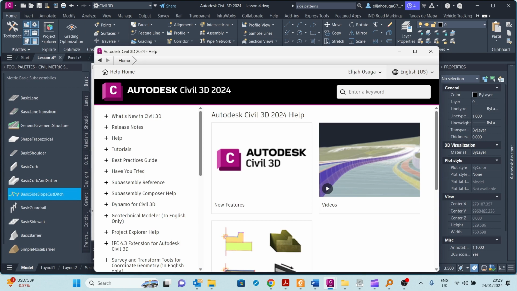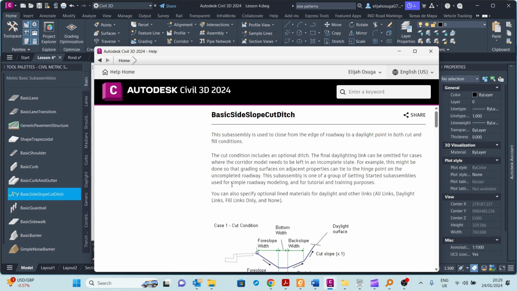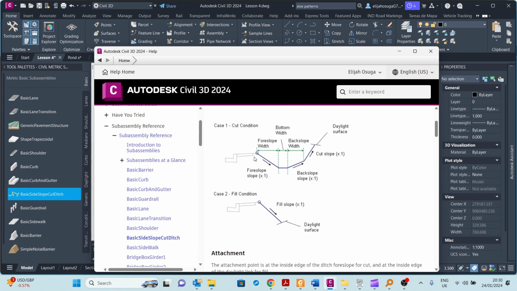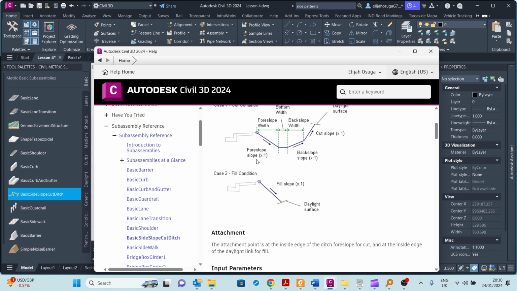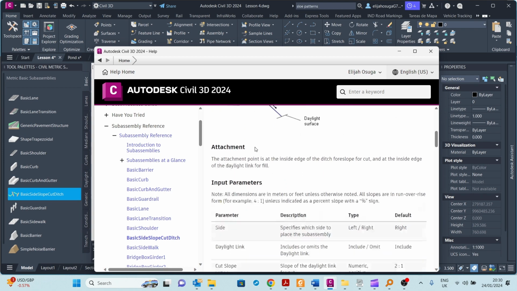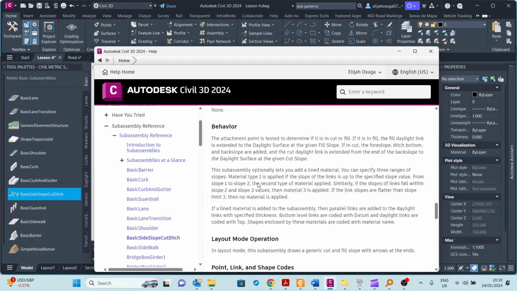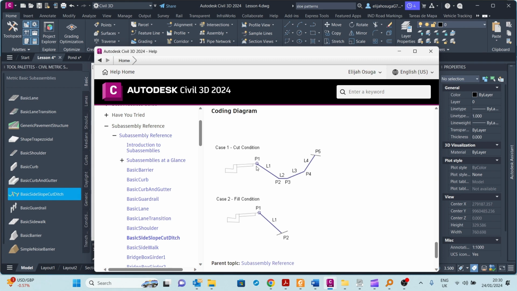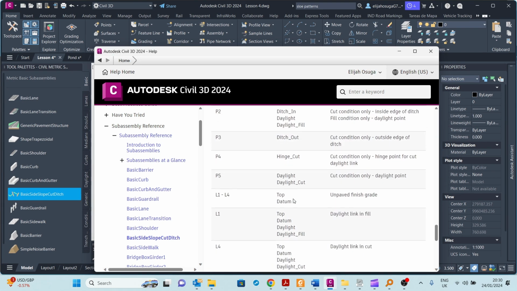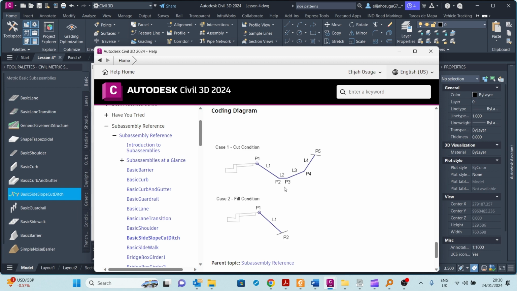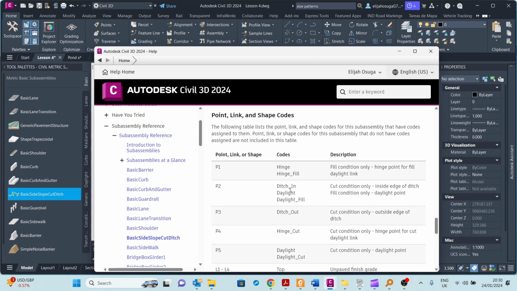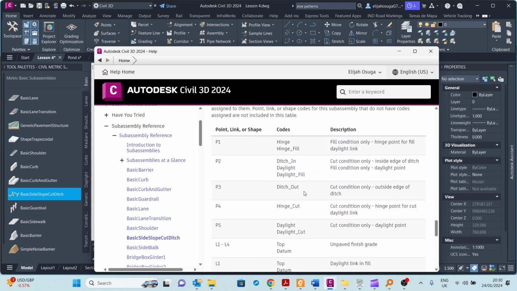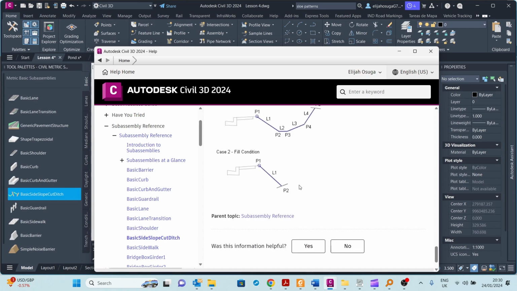If I right click on it and go to help, I get more information about this subassembly. In cut condition, it usually forms a drainage. Let's look at the point codes that are forming those feature lines. As you can see here, P1, for example, is the hinge. And then there's point code 2, which is a ditch in, ditch out, point code 3, and then another hinge at point 4,